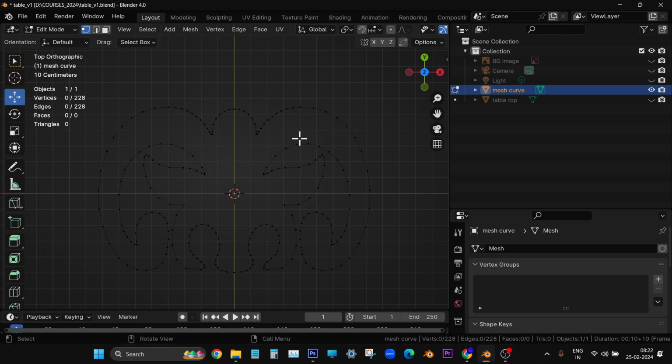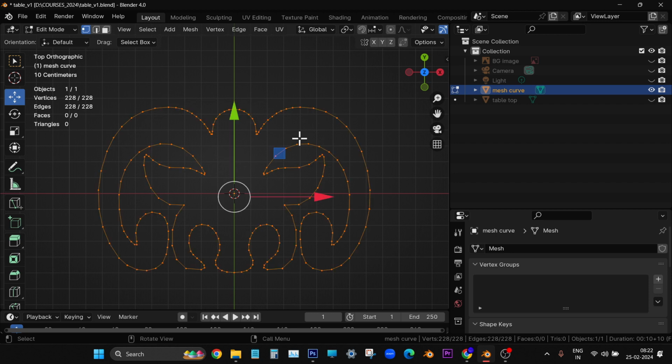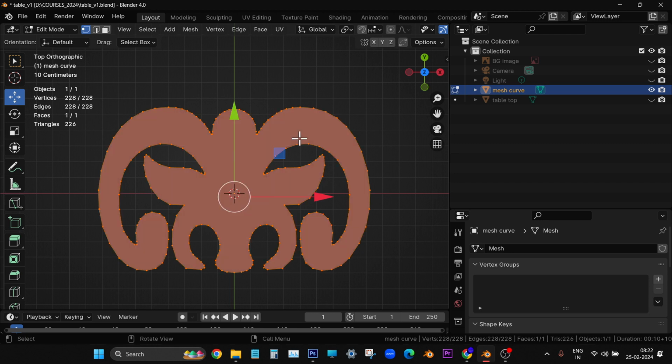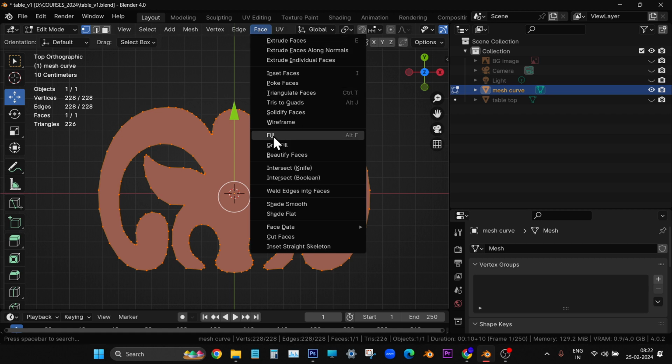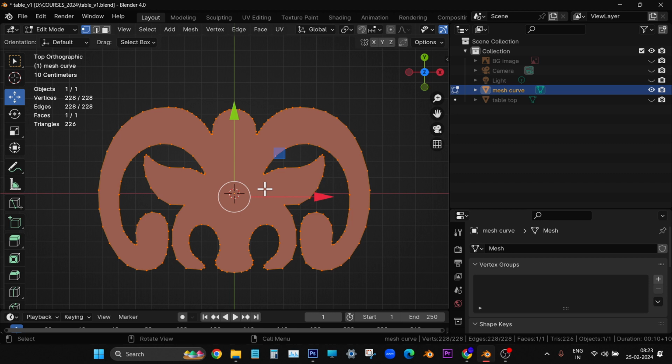You know very well how to create a face. We just have to select, press A and then press F on the keyboard. It will fill it. This option is there in the face menu also. The fill option is there, that also we can use. Right, now we have filled it. What else we have to do is,